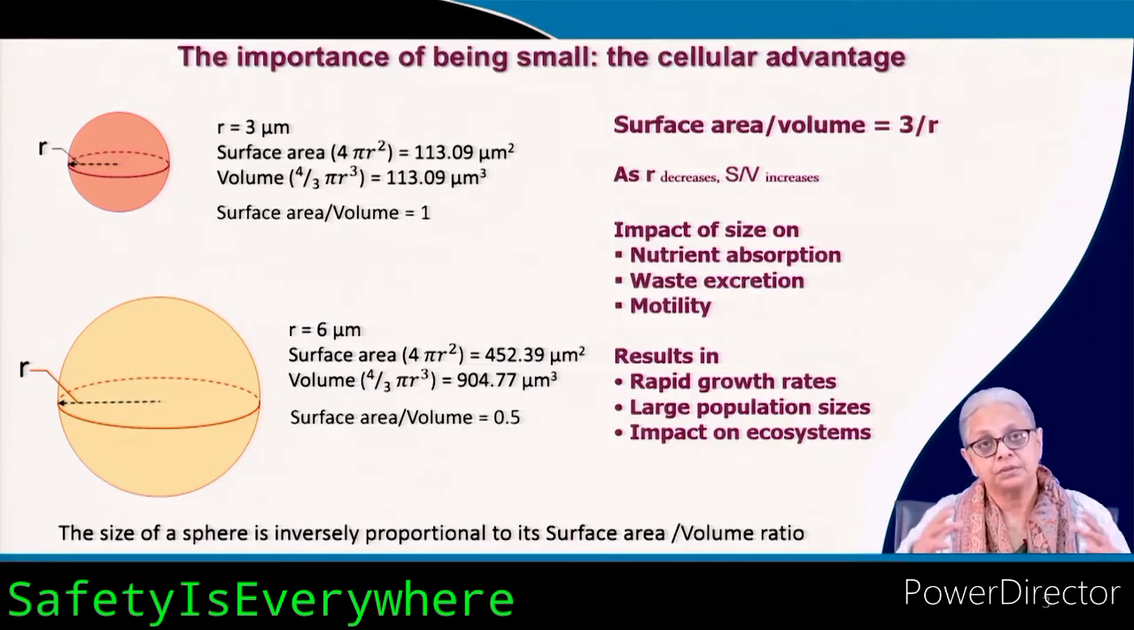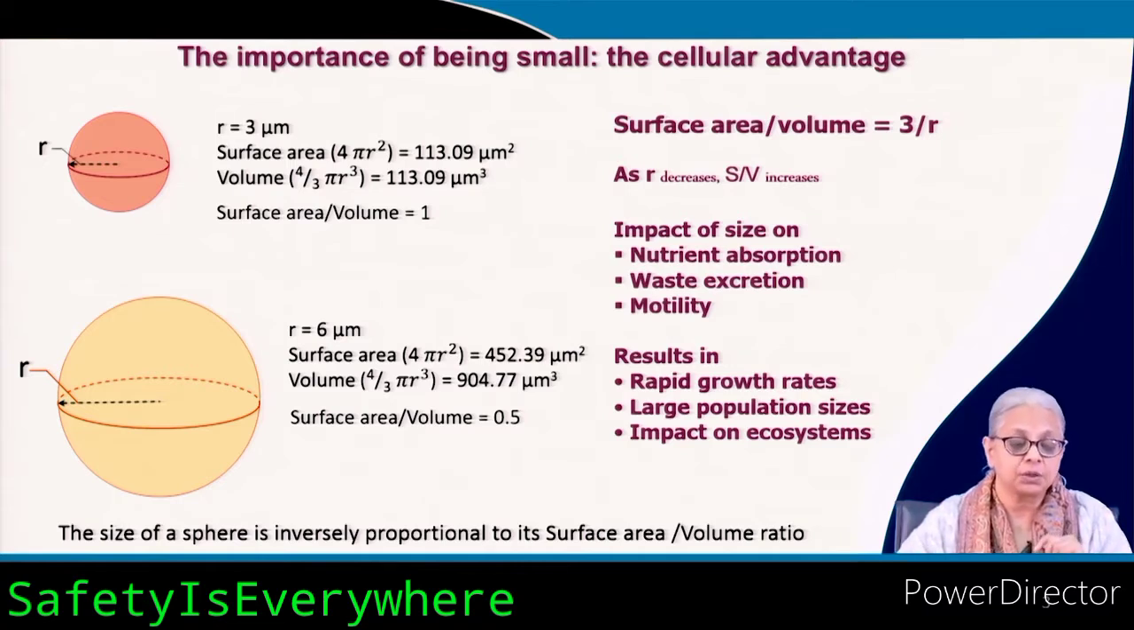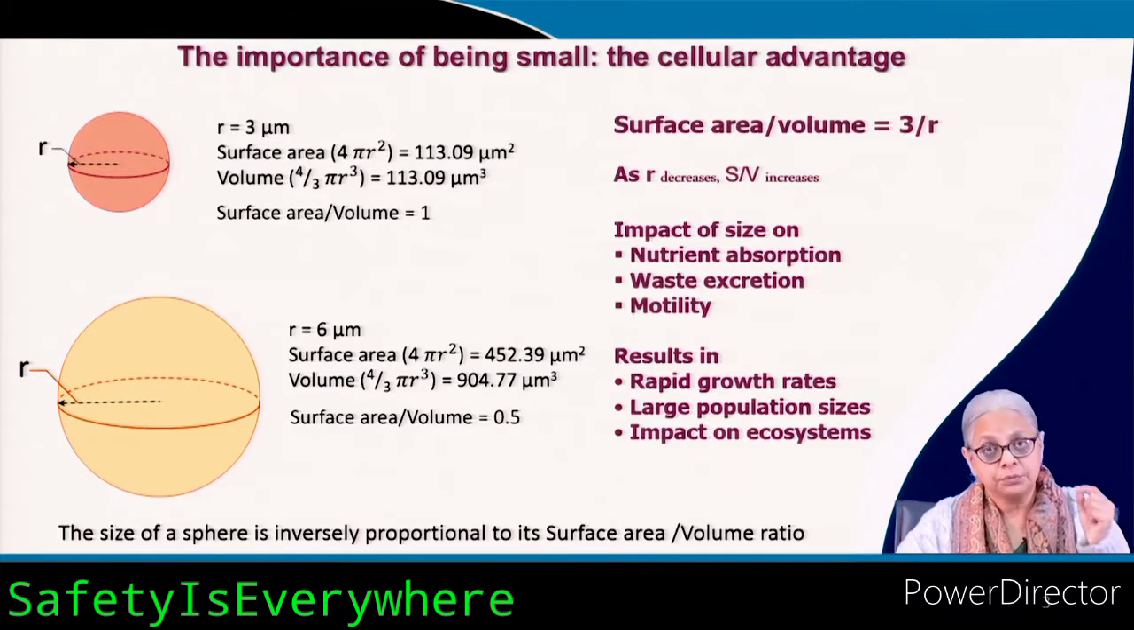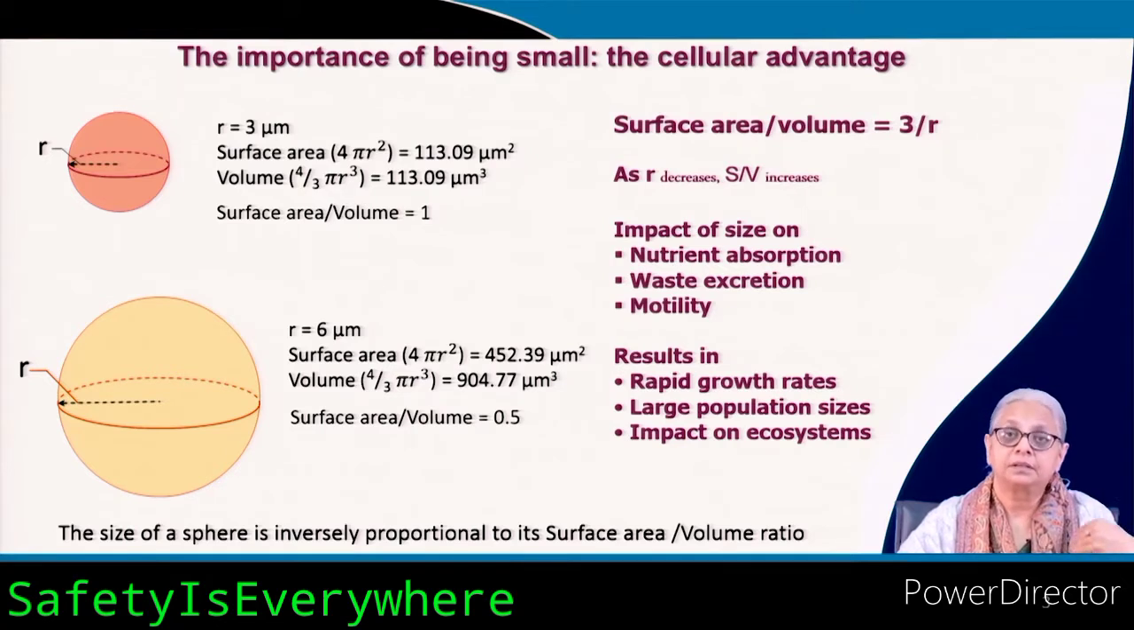If the organism is bigger, then the surface area by volume ratio is less. So is there an advantage in being small? The answer is yes, because as the radius goes down, the surface area to volume ratio is increasing. So the smaller the cell, the greater the surface area relative to volume, and it is the surface area that brings in